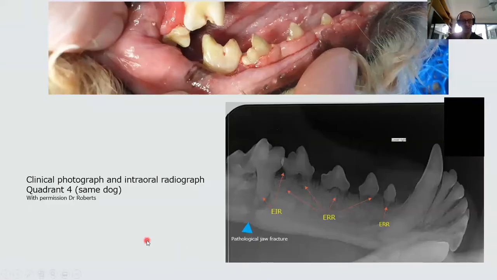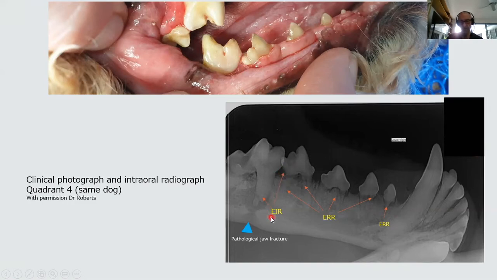Another situation here where we have a clinical photograph, you can see this quadrant 4, and we have the corresponding radiograph below. So in this situation, tooth 405 has external replacement resorption, and there could also be some inflammation in this area, although clinically it doesn't look too bad. Again, replacement resorption in 406, 407, 408, but inflammatory resorption occurring on the distal side of 408 here,